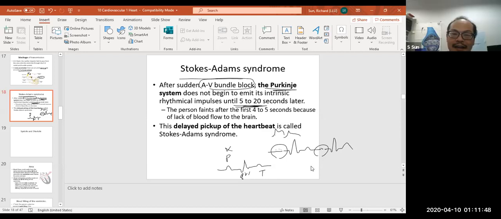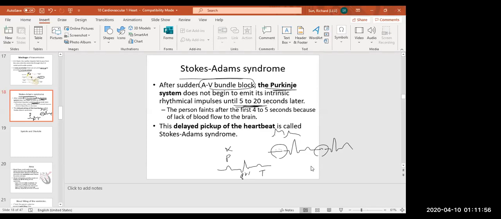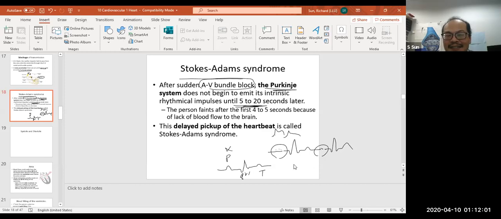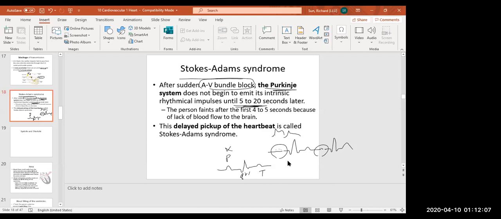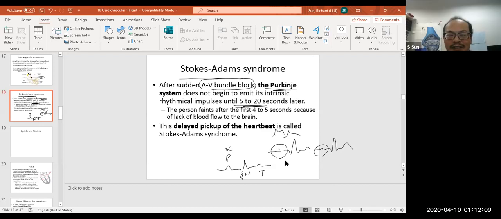A lot of people have so-called atrial fibrillation, AFib. A lot of people have that and they don't know. They can live a normal life until they may one day